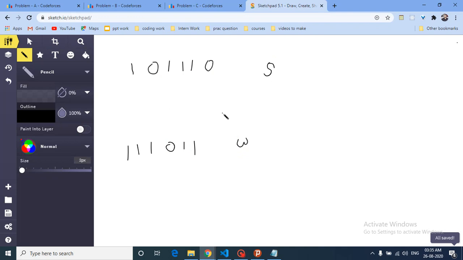Now what you can observe is that after using this W you have built the S string.